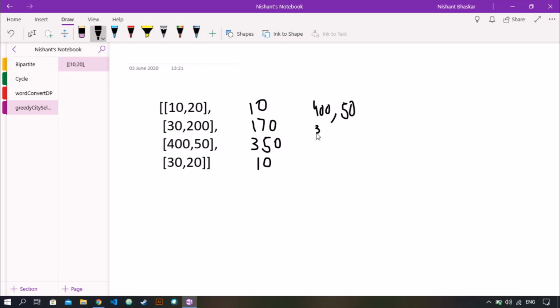Now 30 and 200. Okay, and next will be 1020, and then will be 30 and 20.